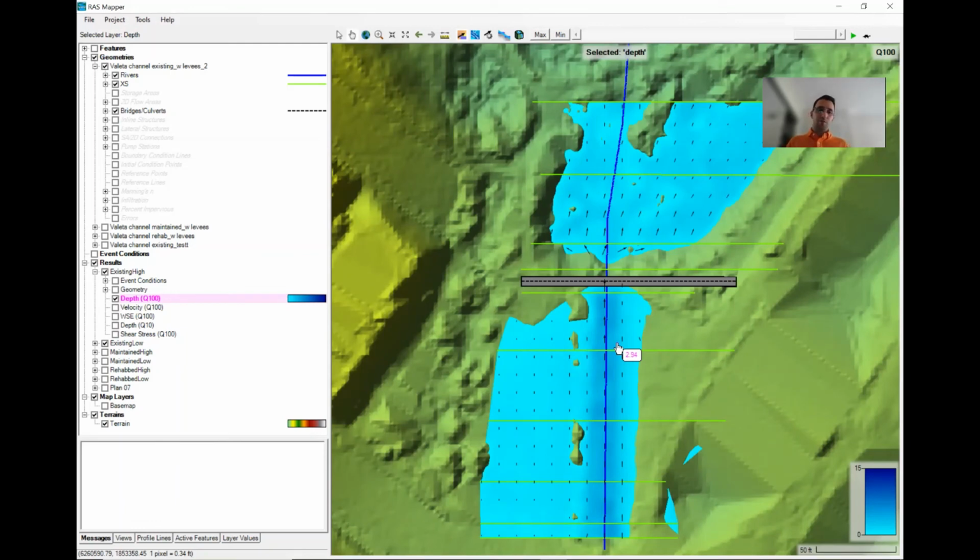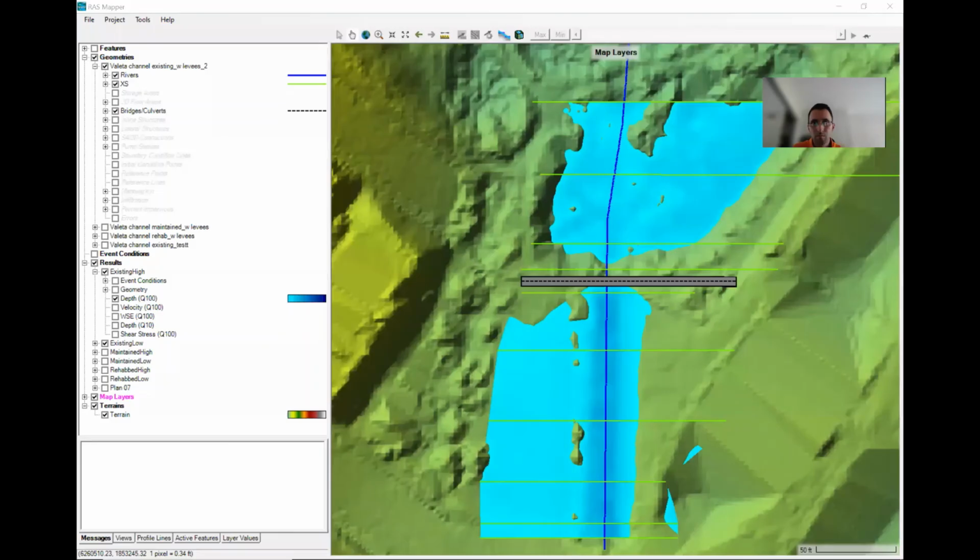And for our future discussions, maybe we can also discuss a little bit about actually 2D modeling. So you don't do cross sections like this. You just use the actual terrain and then you create a mesh based off it. So you have a 2D model for actual calculations. The last thing I want to show about this RAS Mapper tool that we have for this video is to